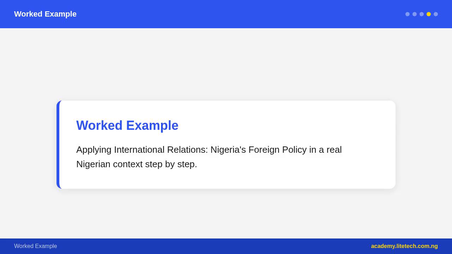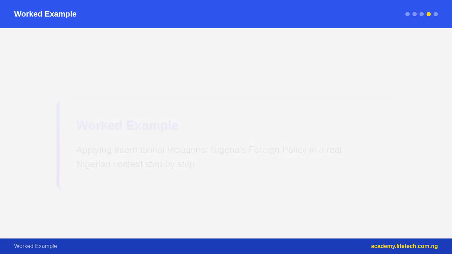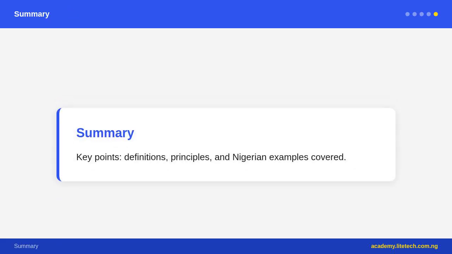3. Lake Chad Basin, multinational cooperation against Boko Haram: Nigeria, Niger, Chad, Cameroon, Benin, through the MNJTF, Multinational Joint Task Force. 4. South Africa attacks, xenophobic attacks on Nigerians in South Africa, 2019, strained relations, Nigeria evacuated thousands of citizens. 5. Piracy. Gulf of Guinea piracy is an economic security threat, and Nigeria leads maritime security partnerships.